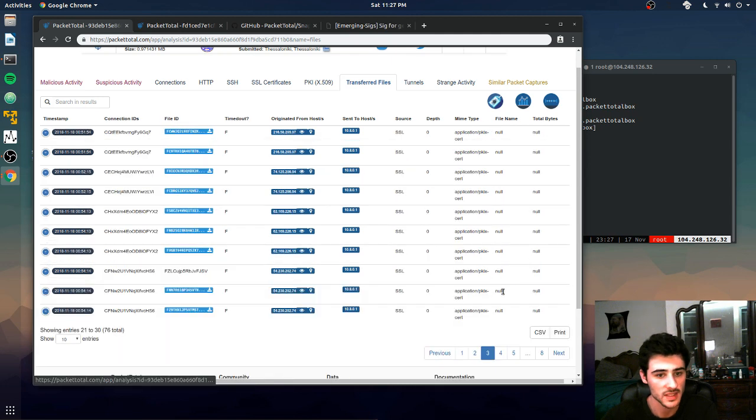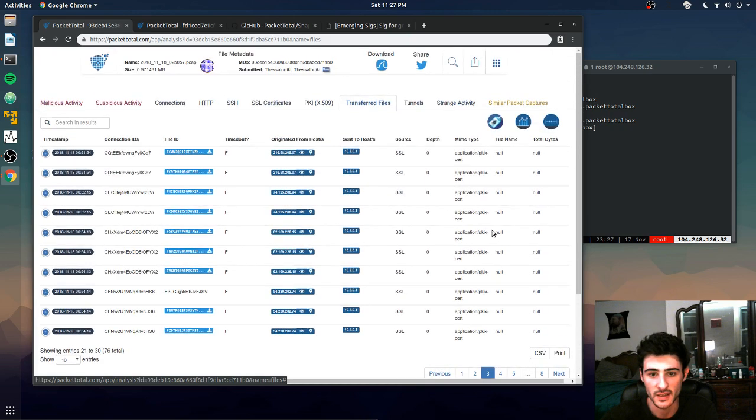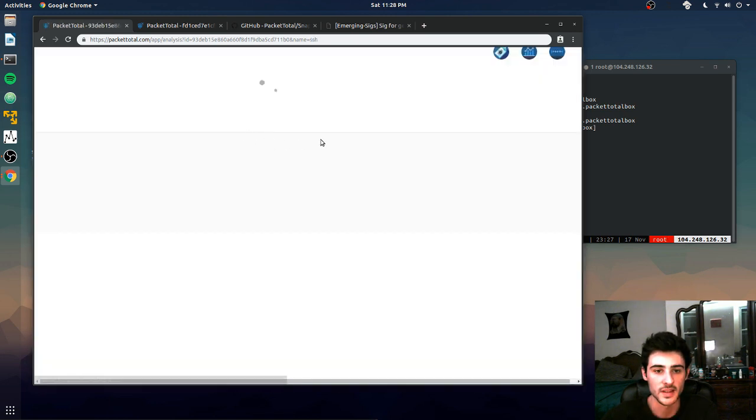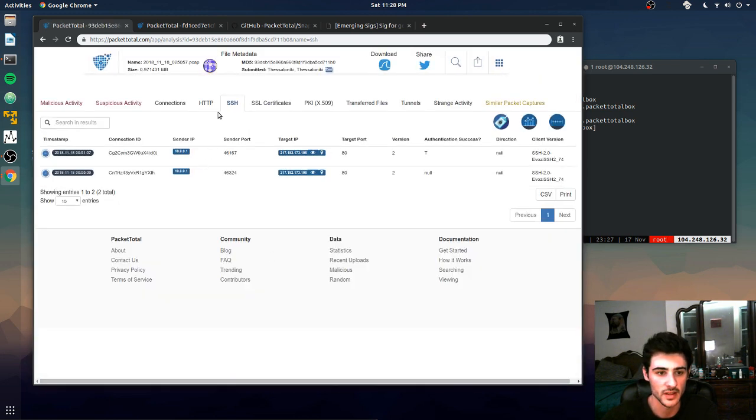I'm sure we have some executables somewhere we can find. This is all interesting information though. We can see the SSH traffic in that amount of time. If we go to the timeline,